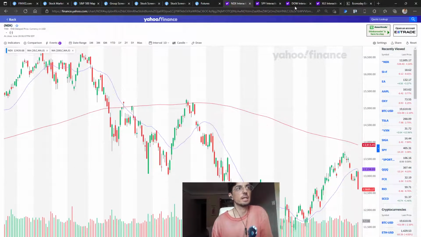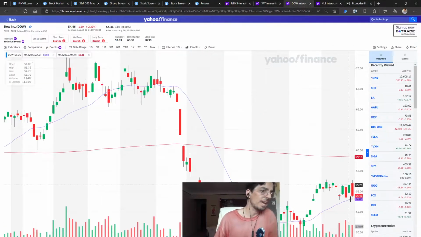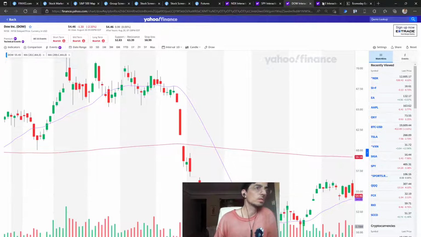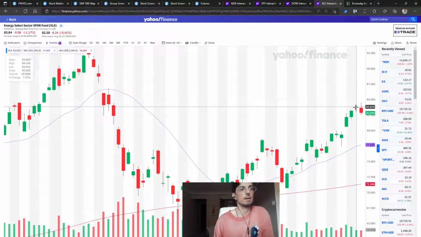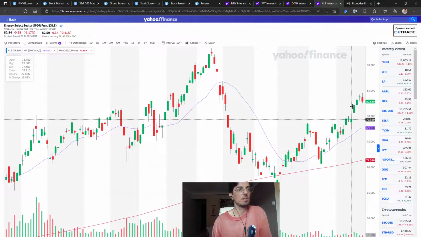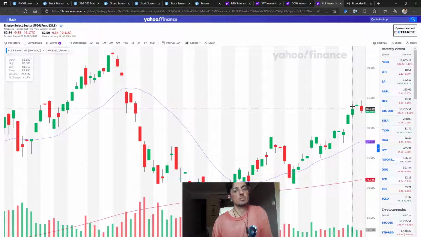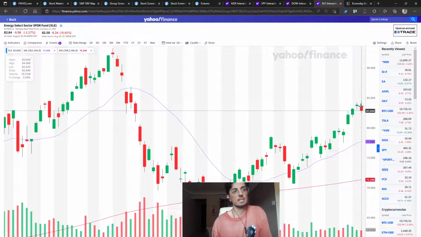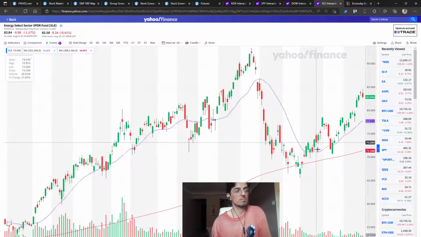Crashed right through our 20, right? The Dow kind of is at its 20, close, and then the energy sector is way above. The energy sector looks solid as hell. Okay, so if this would be a defensive choice, it doesn't mean it can't drop some more, but it doesn't look like it's dropping as much as the other ones, and it seems to have more upside because it's